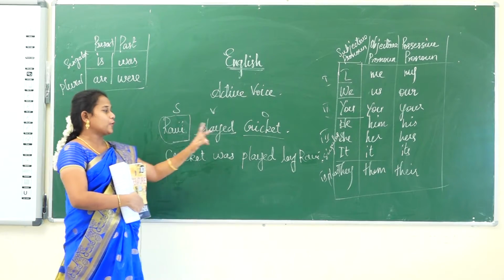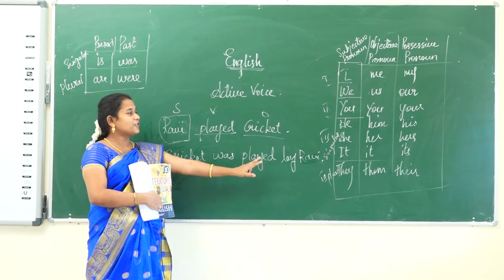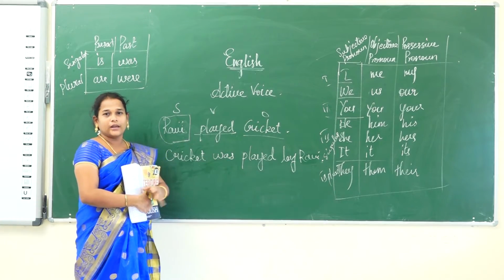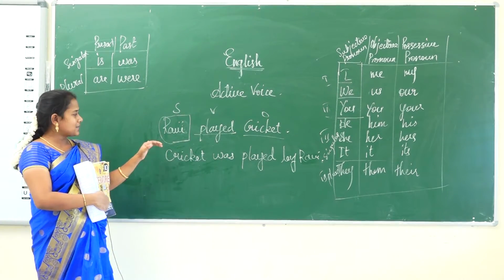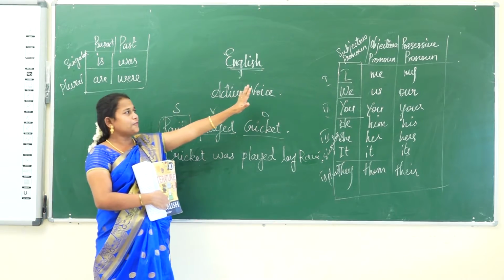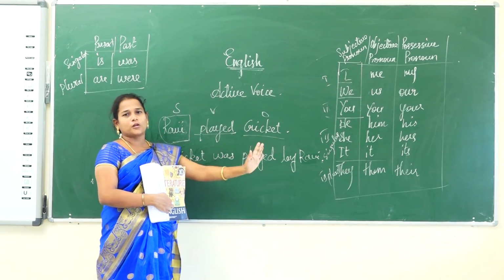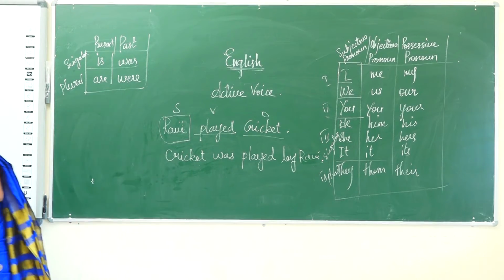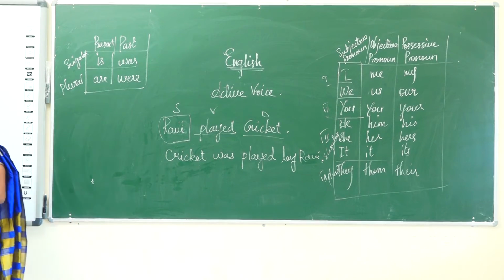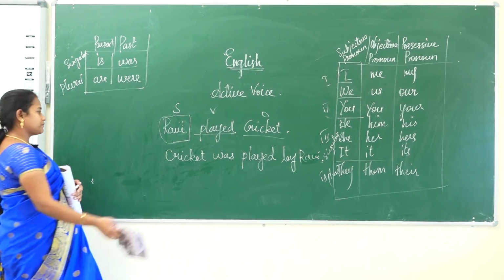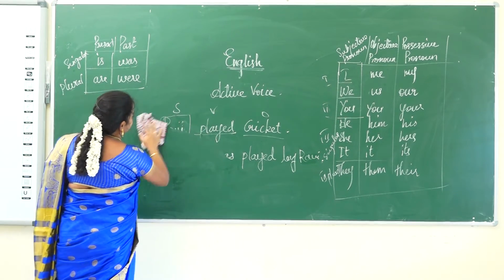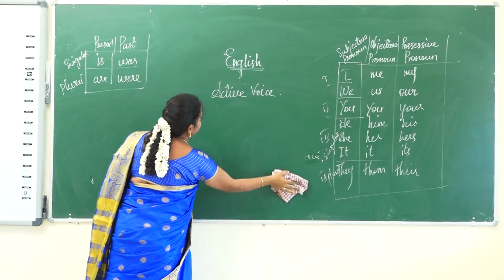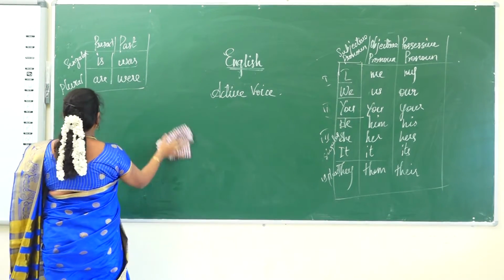Instead of Ravi, we have to write the subject as it is. Here we should not change. Instead of Ravi, we should not put he or him. Okay. Now we understand. Only this change will take place if there is a pronoun form. If there is no pronoun form, as it is, we can give the name. The subject is in the form of two. One is naming word noun. Another one is pronoun. So okay, let us solve some more examples, then you will understand better than this.